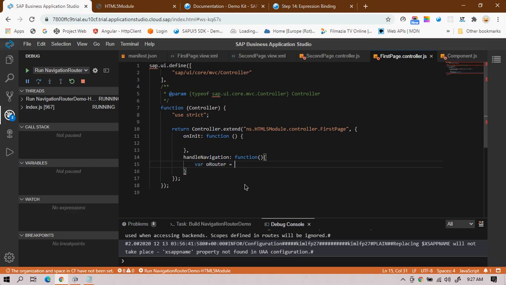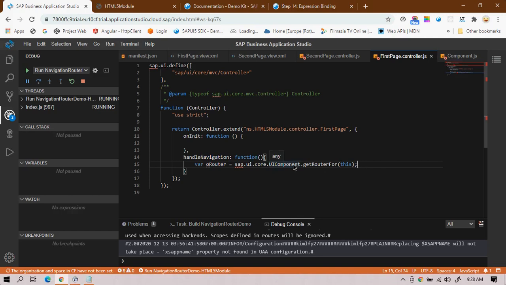The general syntax in order to initialize the router or get the information from the router is sap.ui.core.UIComponent.getRouterFor, and you need to pass this, the current view. So it will get the information of the routing.